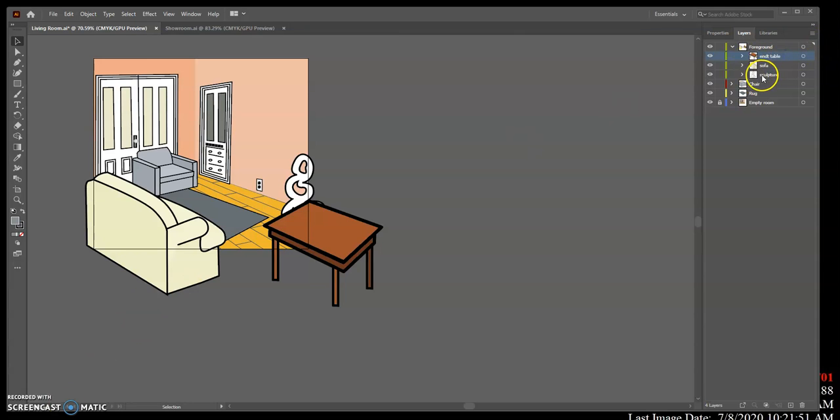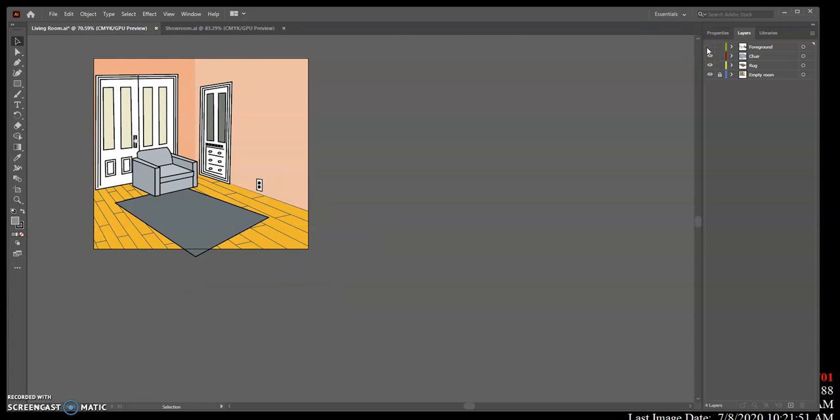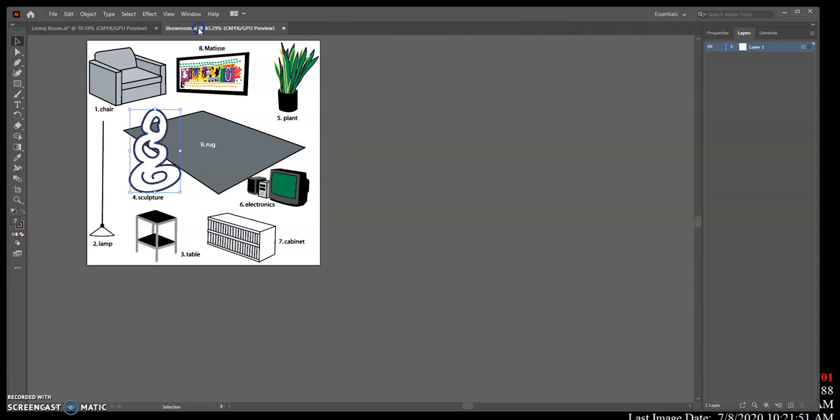So here in our subgroups, we're actually going to click on the sculpture layer and move it on top of the end table. So we reorganize it a little bit like that. Okay, so click the triangle to the left of the foreground layer to hide those sublayers. Hide the foreground layer by clicking the eye icon. Okay. Switch to the showroom document